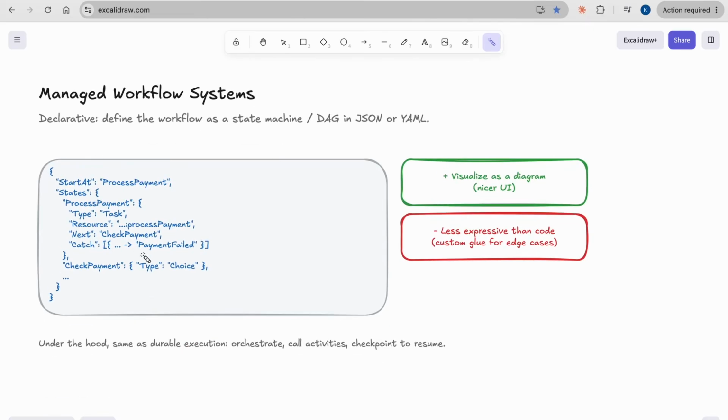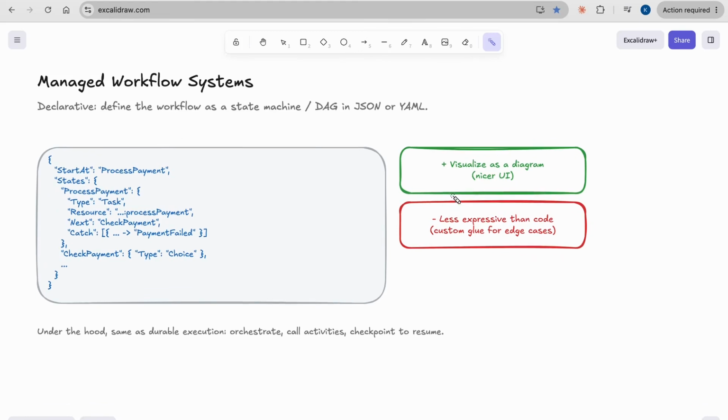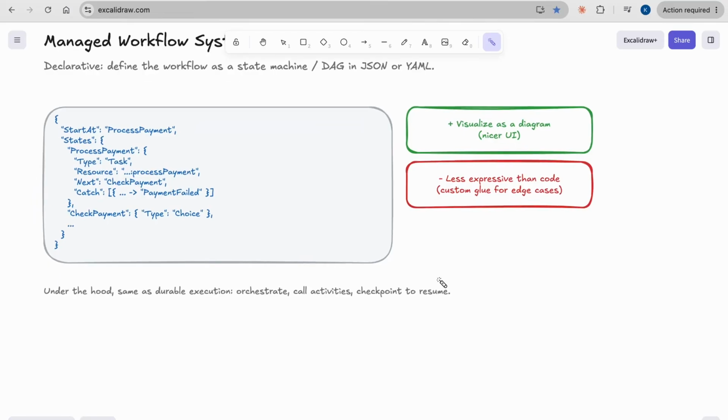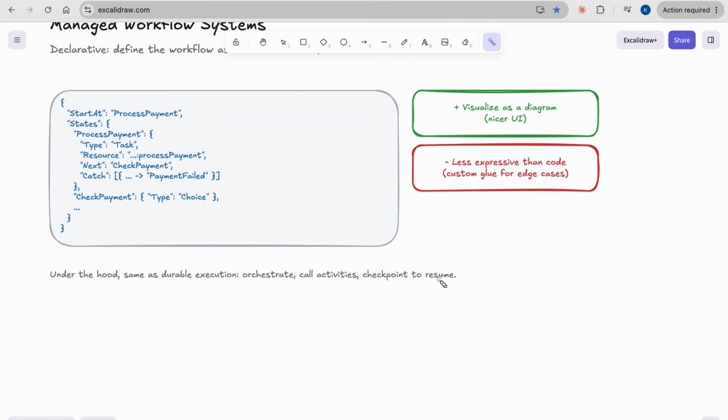The advantage is that we can visualize it as a diagram, which is a nicer UI to see. But it's also less expressive than code, which is a very bad thing, and we don't have flexibility, and it's a deviation from the code. Anyhow, these are not handwritten, they will be generated by AWS CDK and such. But my favorite is Temporal.